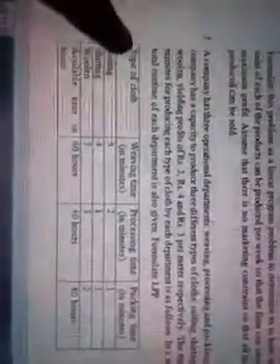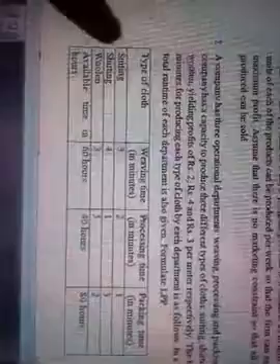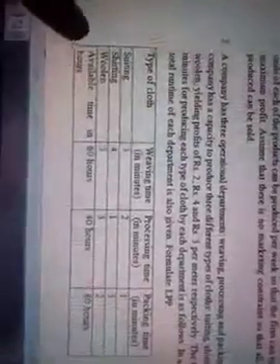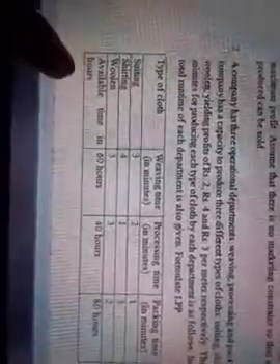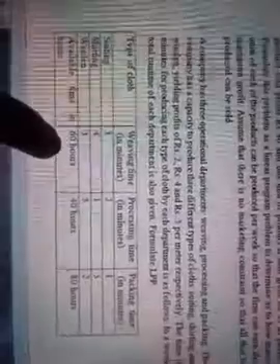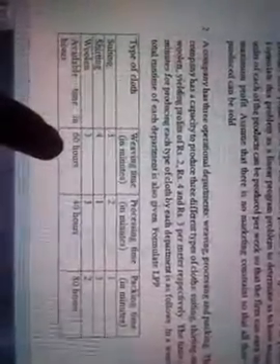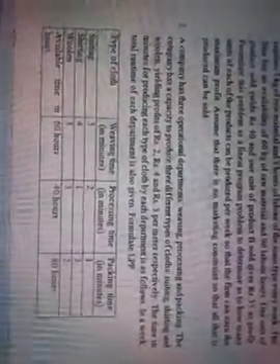And what are the products they are making? Shooting, shirting, woolen. And here in the last row they have given the available time in hours: 60 hours, 40 hours and 80 hours. Here it is given in terms of minutes, here it is given in terms of hours. Convert these hours into minutes. Now we are going to formulate the LPP.